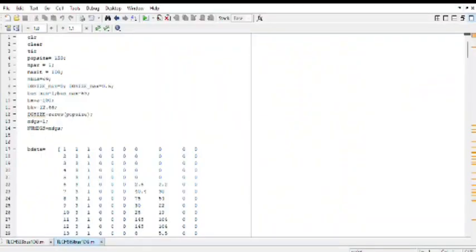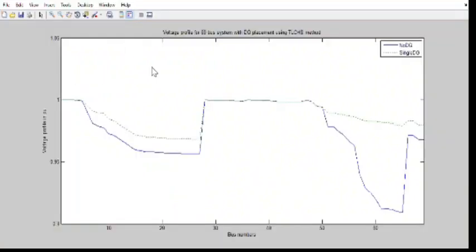Now I am showing the result for 69 bus. This is the code for IEEE 69 bus. This is the graph displayed after running the 69 bus code, and this is the voltage profile for the 69 bus system with DG placement using the TLCHS algorithm, and the x-axis indicates bus numbers and the y-axis indicates voltage